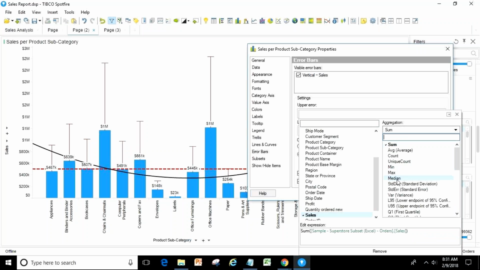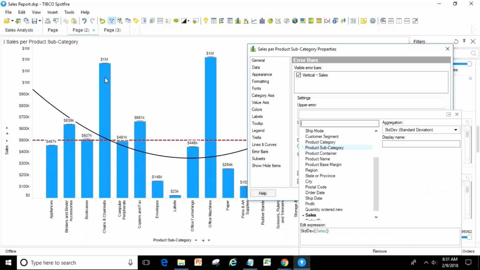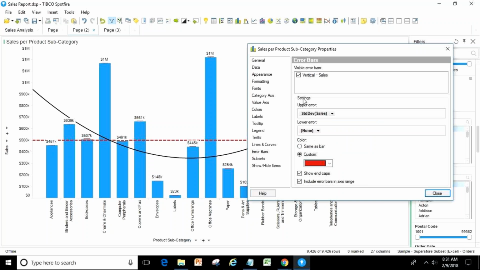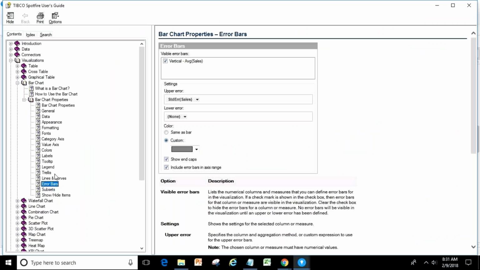Instead, what I have to do is use the standard deviation, meaning how much it is deviating from the value. Now you will see very small error bars coming. It is because my data may not be wrong, or there might not be much deviation in my data. But sometimes the data comes in a way where the error bars can easily show how much deviation is in the data. So this way you can show the uncertainty in your data. Error bars are nothing but uncertainty in your data.